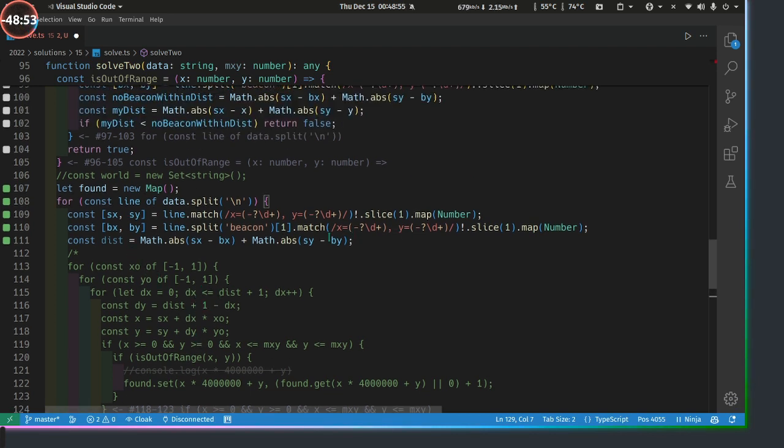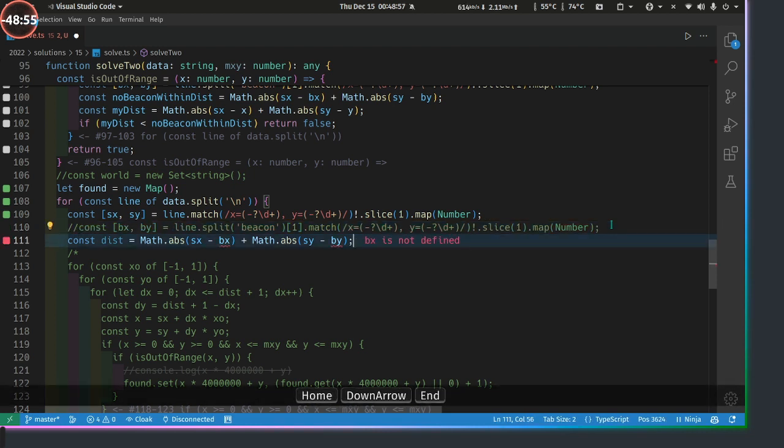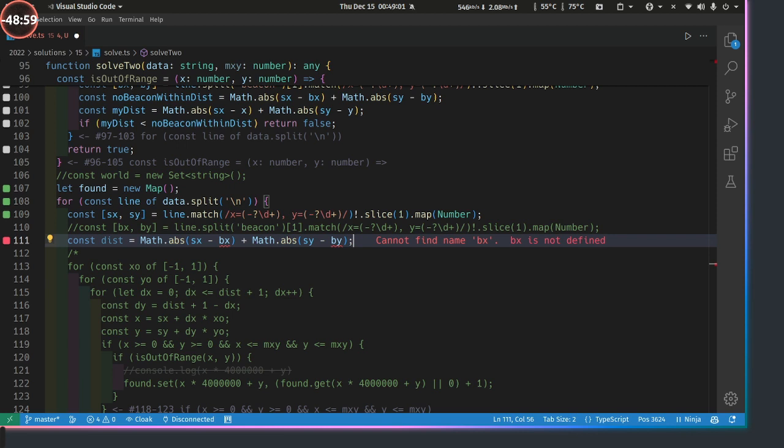So I have the distance. I actually don't need the beacon anymore. Say goodbye, beacon. Wait, do I need the beacon? Maybe I do need the beacon. Okay, I need the beacon for the distance. Right, that's the only reason I need the beacon. Try this again. Let's try